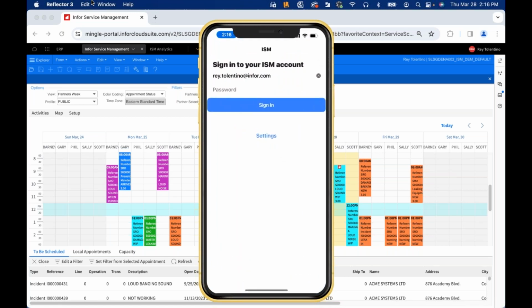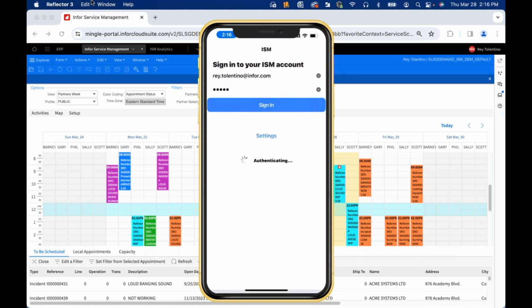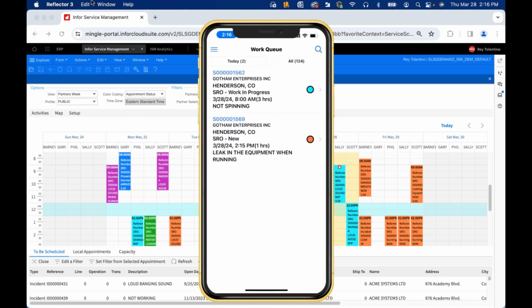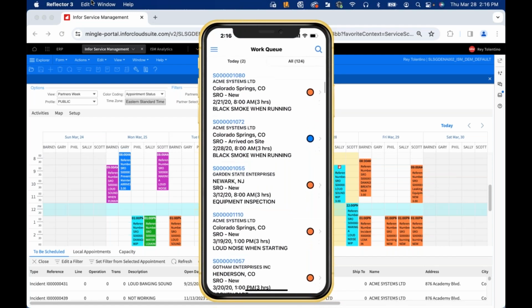I'll log into the mobile app here as Barney, the technician, and use my password to log in to the mobile device. And here, for example, now I see the queue for today. I can see the assignment of that task that I just added a few seconds ago. I can also go into the rest of the tasks assigned to me in time over the next few weeks